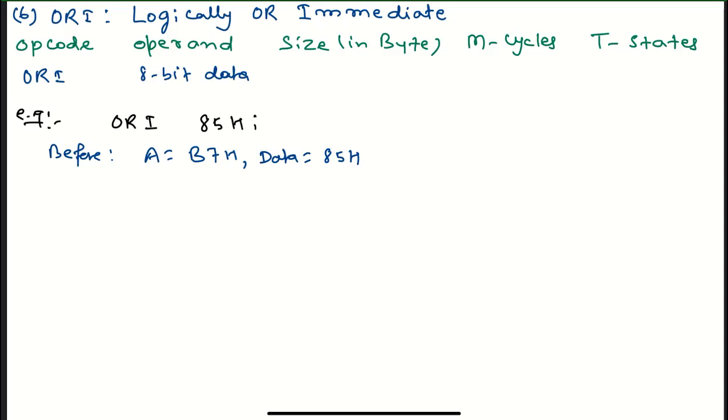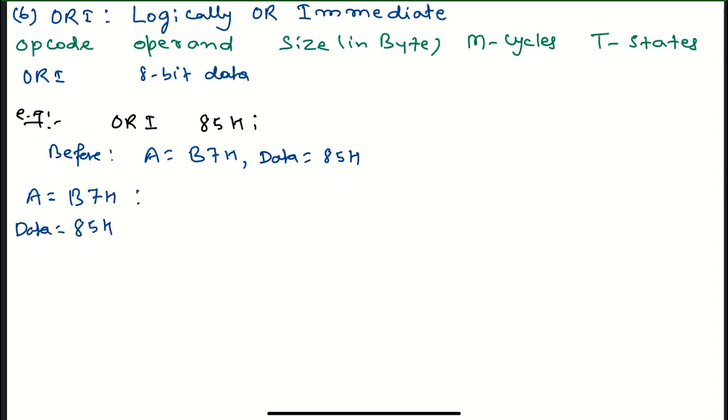Now we will see the operation here. So the accumulator content is taken as B7H, and this data is taken as